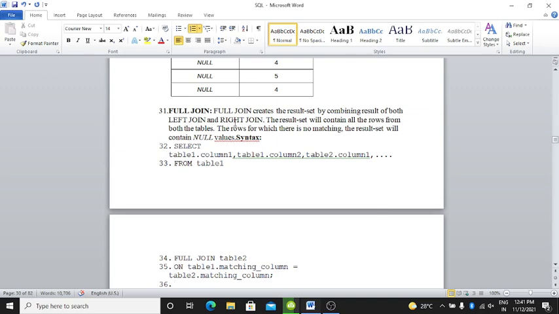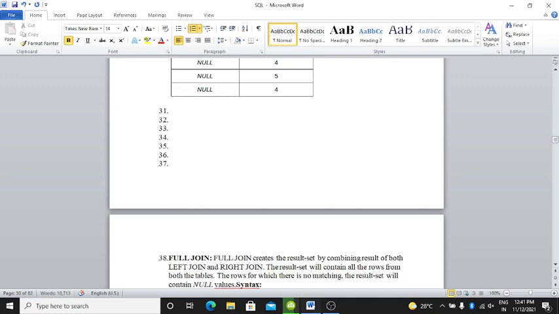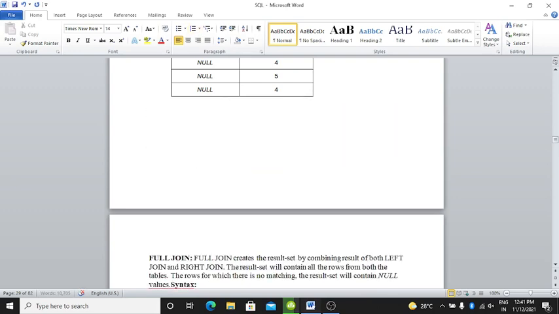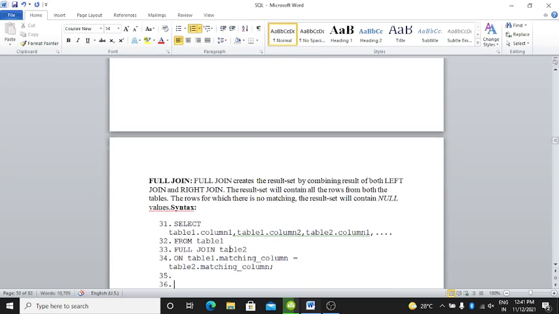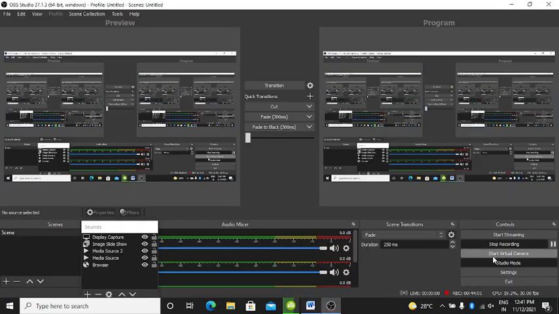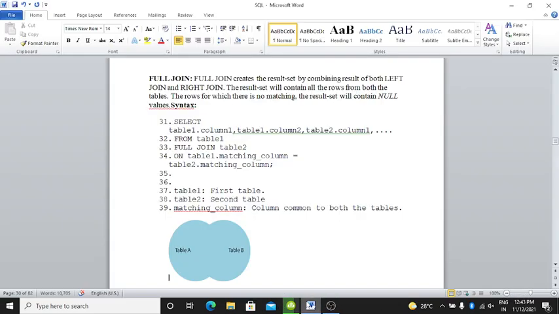Full join creates the result set by combining the results of both left join and right join.